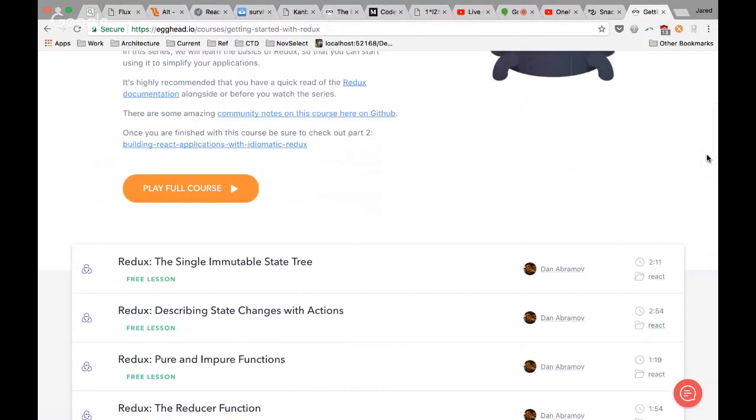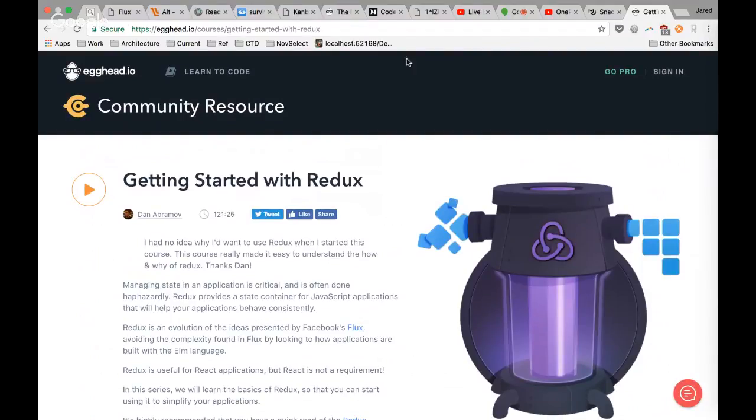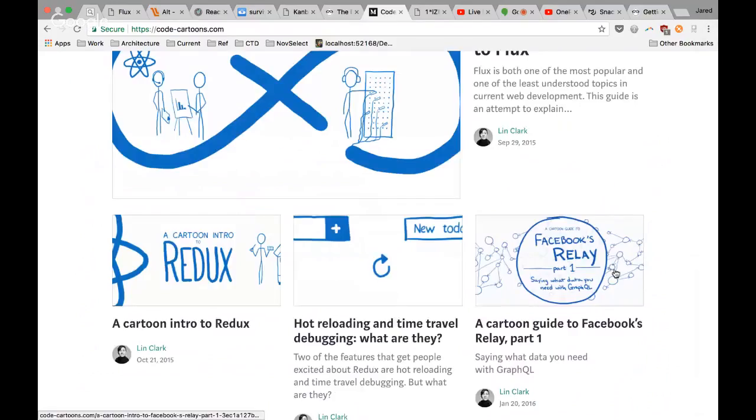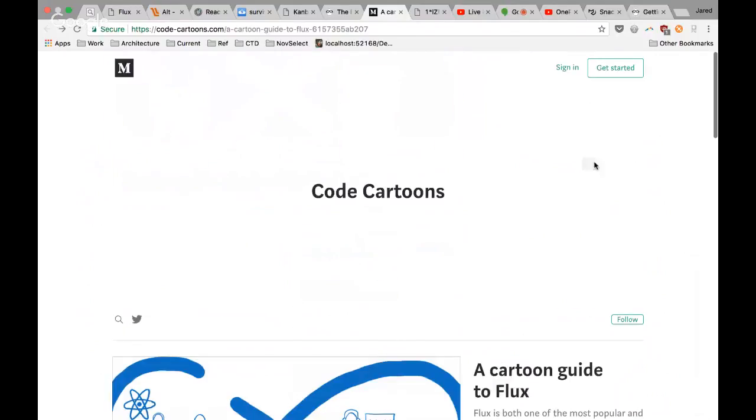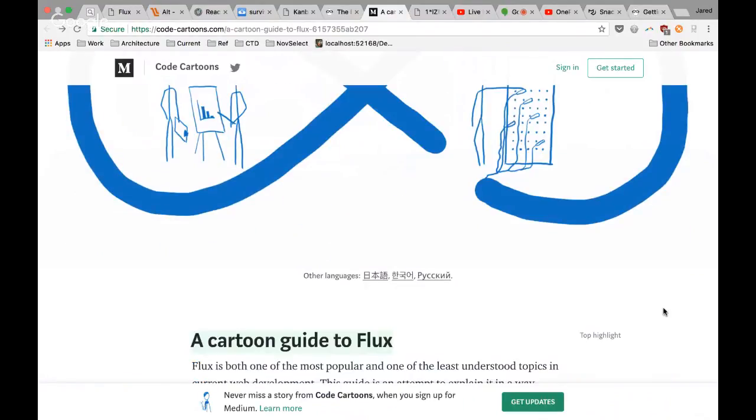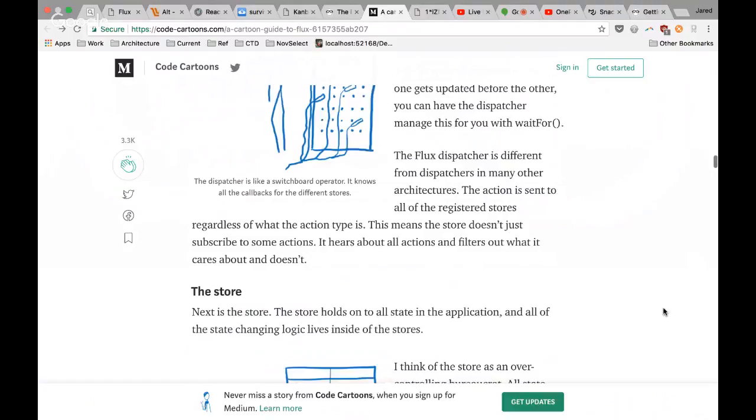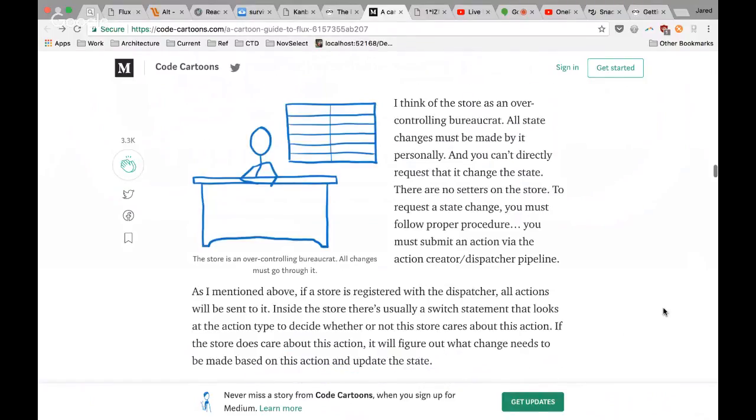But all of this Flux, Redux, all of this that we're talking about right now, they're really ways to help you scale your application so that you can build something that is larger. And they're most important when you're building applications where a lot of different things are interacting and changing data at the same time. If you only ever have one thing that changes a piece of data, it's not as big of a deal. But when you've got a lot of different things that can change your models, you need to have a way to control how those models get updated, and make sure that it's